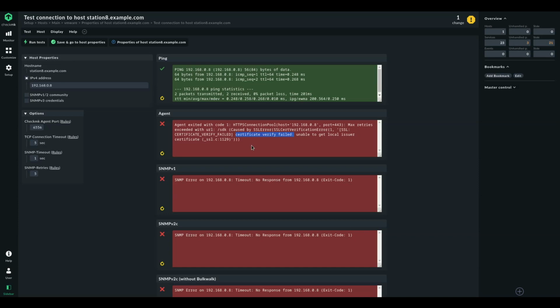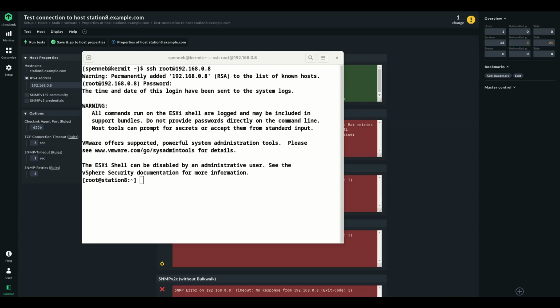This now depends a little bit on the origin of the certificate. Either it is signed by your enterprise certificate authority, or you might be using the certificate authority which is prepared by VMware itself, by the VMware installer. In my case, I'm using the certificates which are prepared by the VMware installer, and there might be other ways,